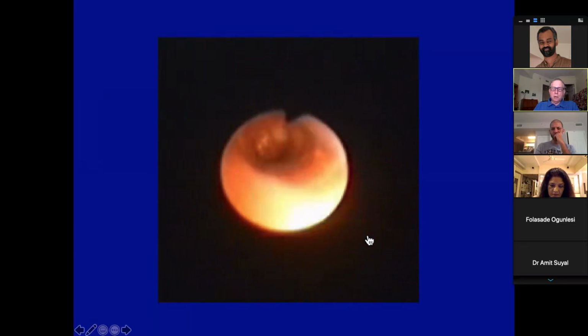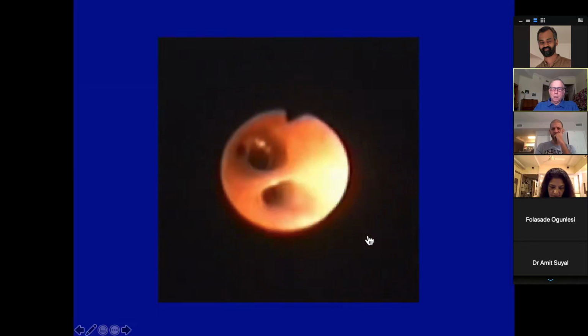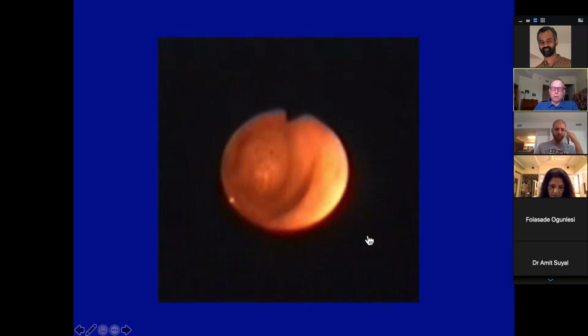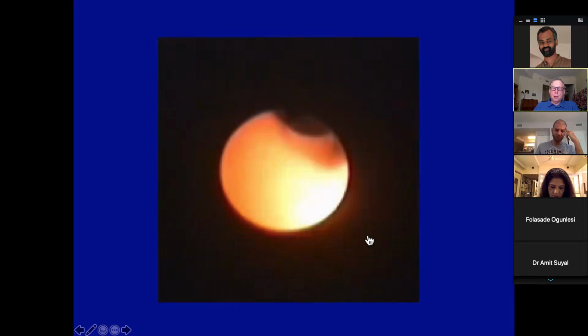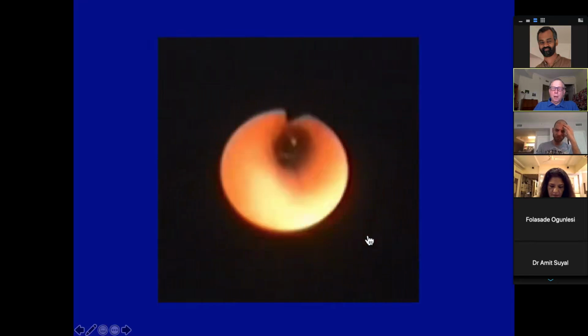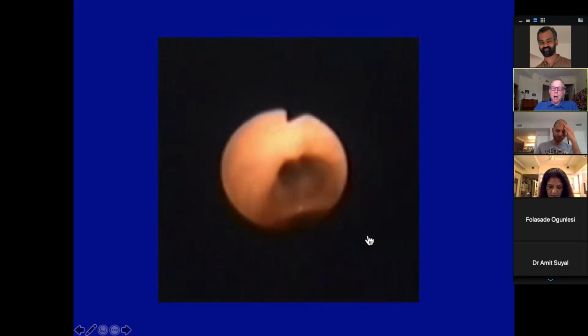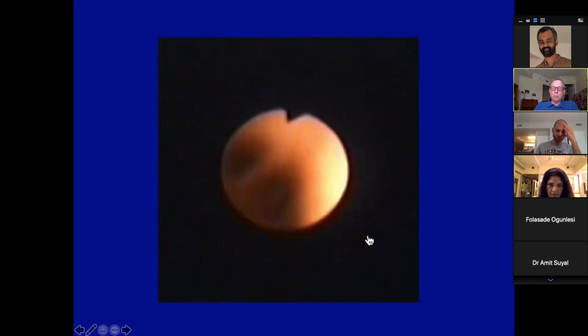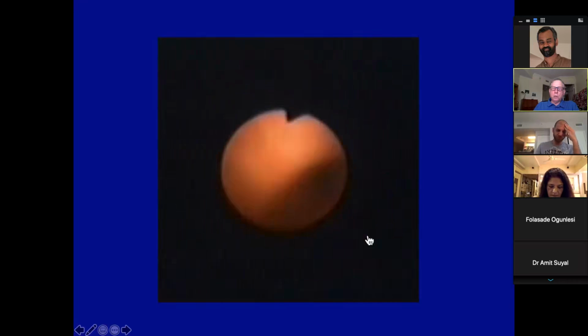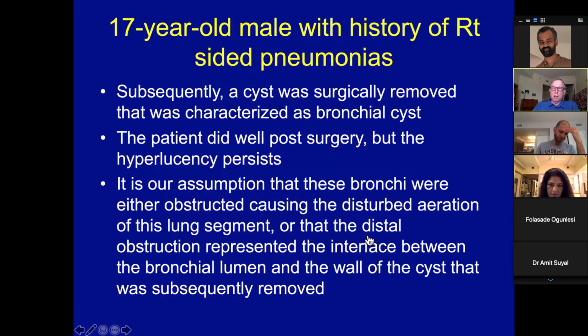This is a slightly longish video, and the purpose is not only to show you the obliteration. This is not the bronchus that is obliterated. So as he is pulling out, you see how distal it is. He goes back, he pulls, and you see more and more bronchi. So these are many generations out, and Peter estimated that this is 11 generations. I've never seen anything so distal showing pathology in bronchoscopy.